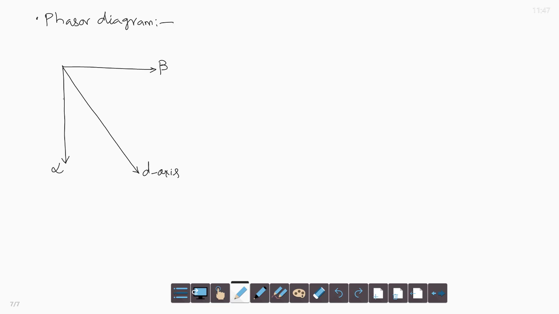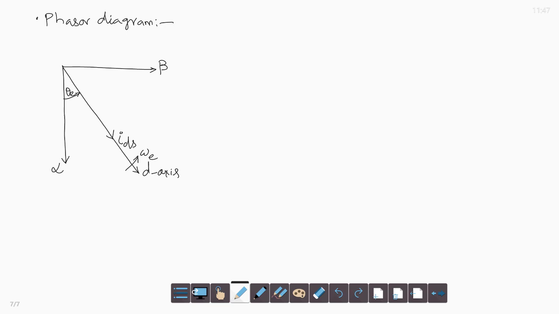So, this is the angle theta e, because the d axis rotates at speed omega e, and we have IDS. This is the current IDS,